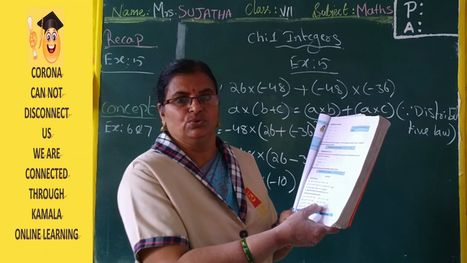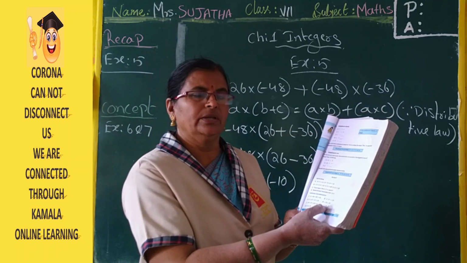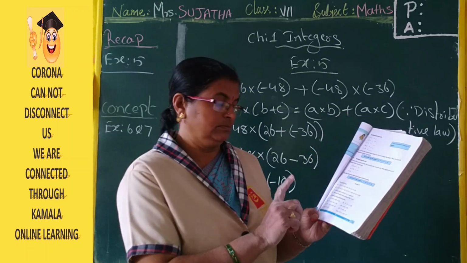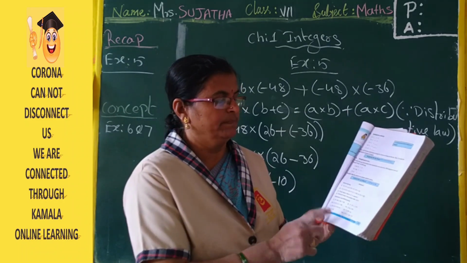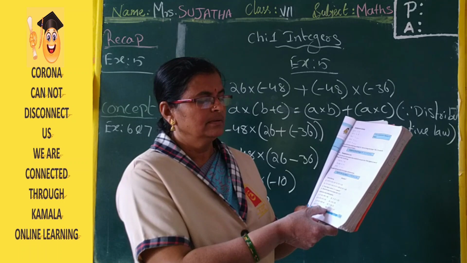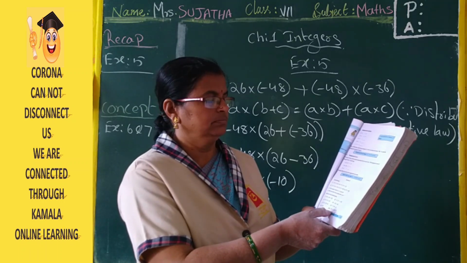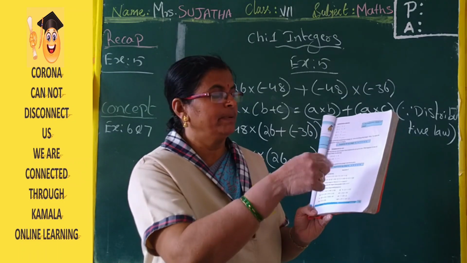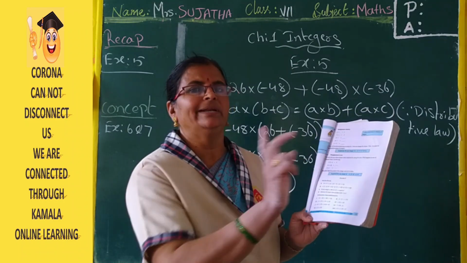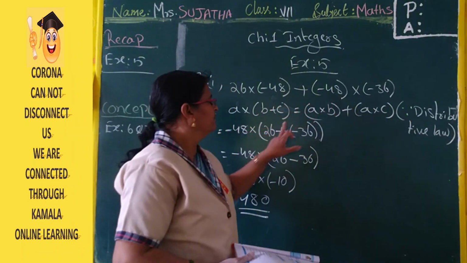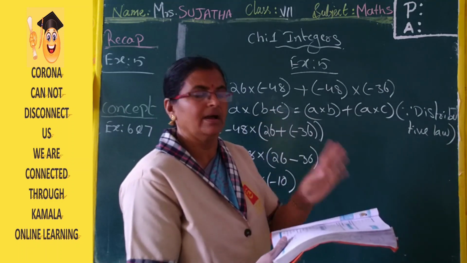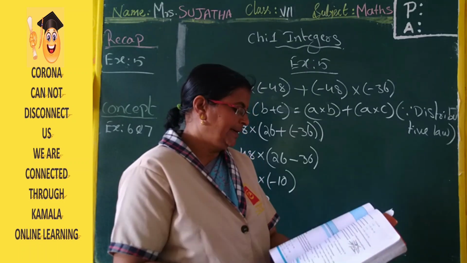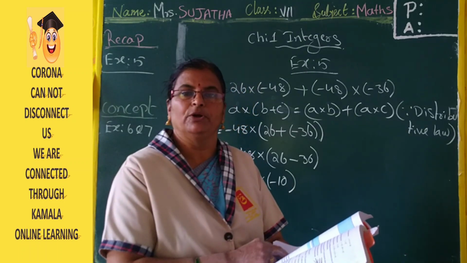Why? Because 50 minus 2 is 48. So you can use the commutative property under multiplication. Seventh one, closure property under multiplication. Eighth one, which property? Distributive property. Here the LHS is given and you have to write the RHS. In another one the RHS is given and we need the LHS. I already explained all these properties.